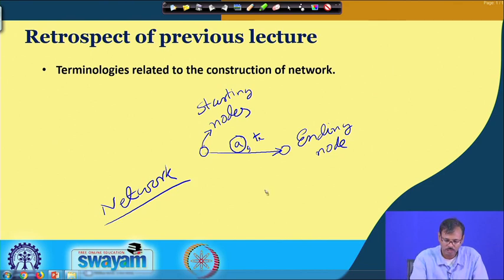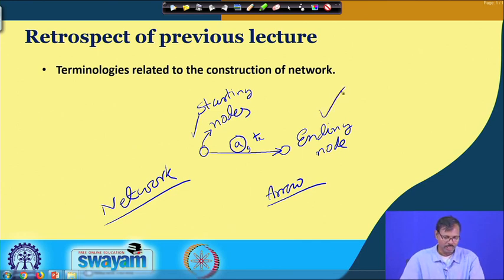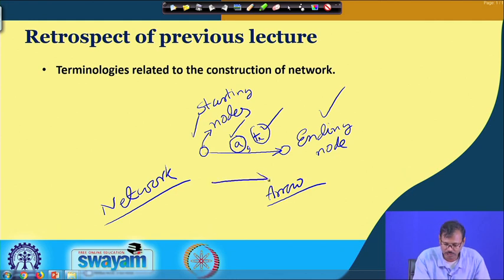So, we know that an arrow represents a job. It must have an initial or starting node, an ending node, and a fixed duration, which is mentioned in this way. That means there is an arrow, and on that arrow we present the name of the job and the duration of the job. This is essentially required, and do not forget this arrow is essential.